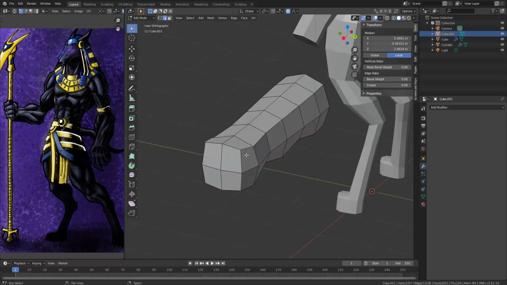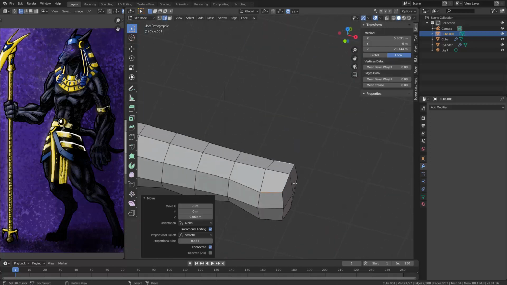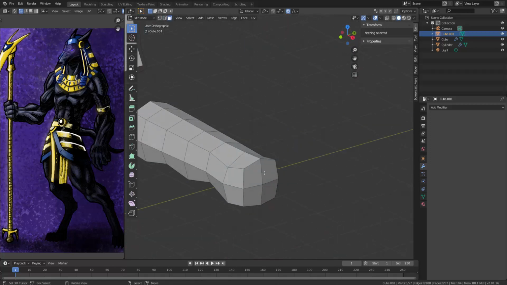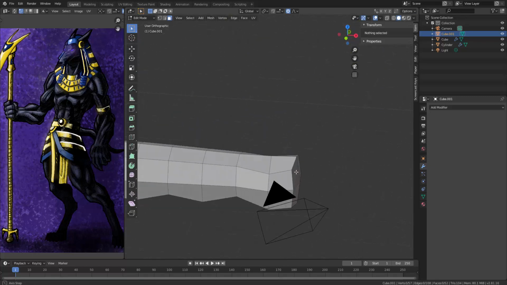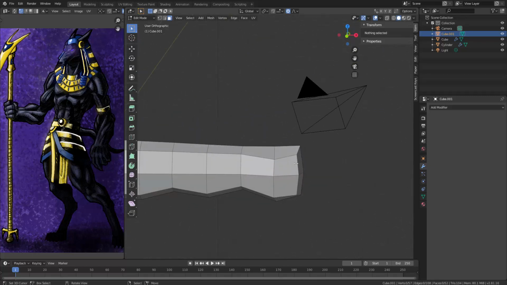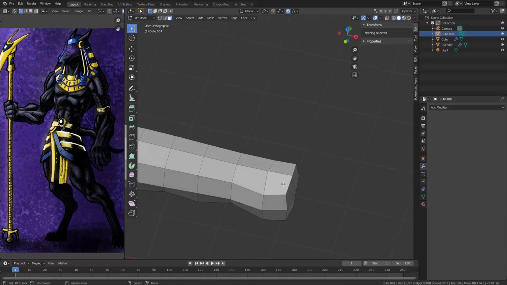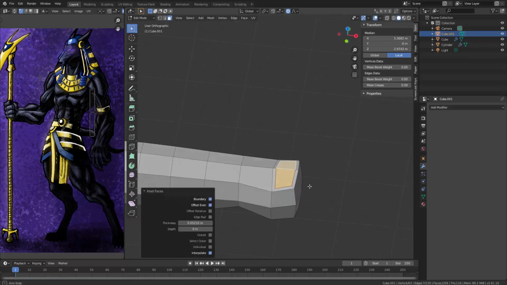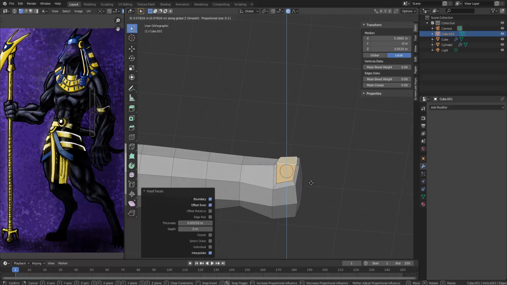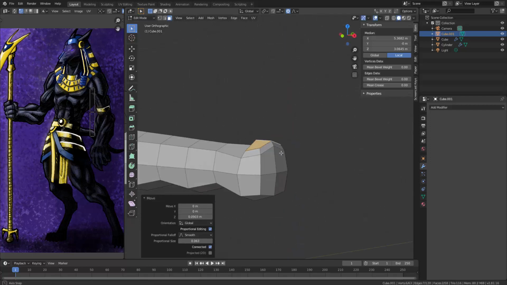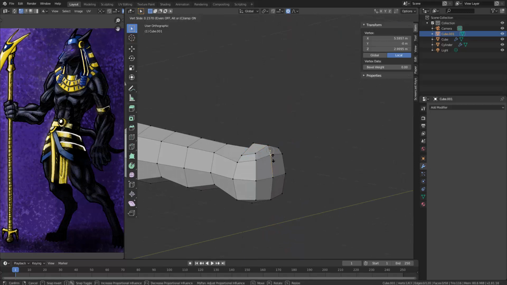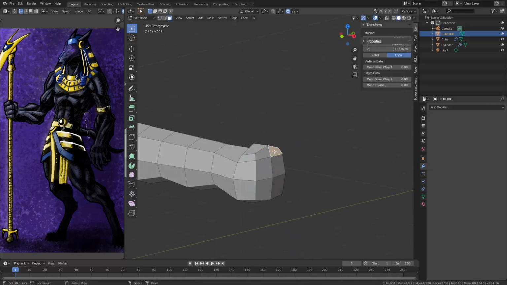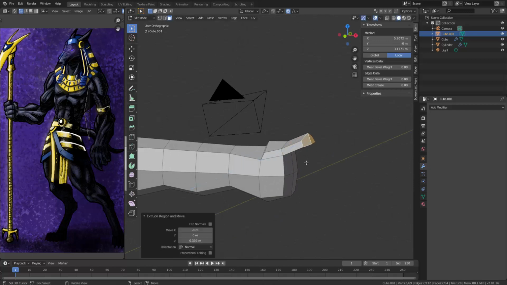Now let's select these two, bring them down, and then we'll make the nail right now. So inset that, bring it up. Just like that. Okay, select these, E to extrude,